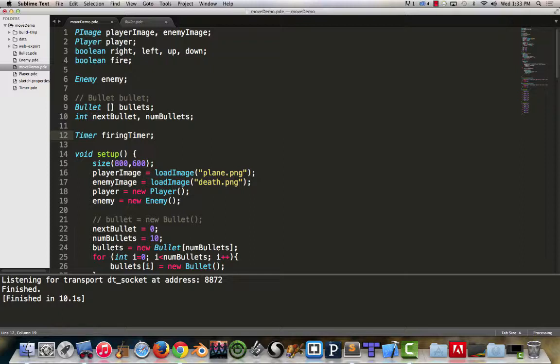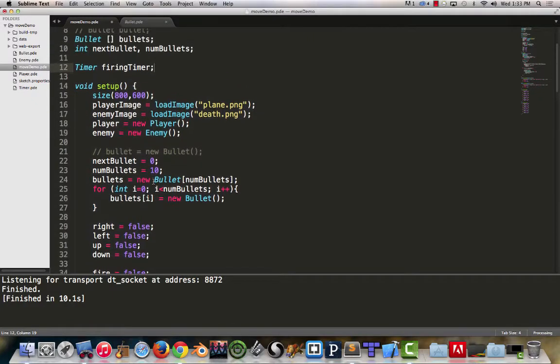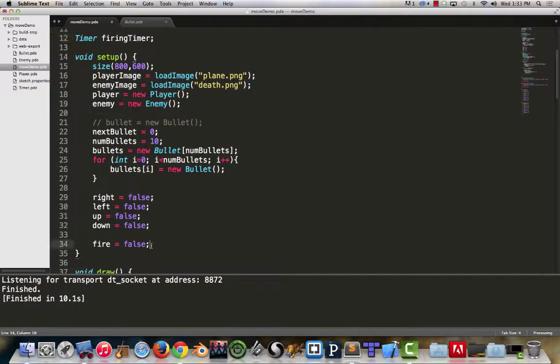I'm going to refer to it as my firing timer, because that allows me to have a name that makes sense, because we may have additional timers in your project down the road. You may have a countdown timer, so perhaps the game only runs for 5 seconds or 10 seconds or 30 seconds. So we have a countdown timer in addition to a firing timer. Now with my firing timer, I can add that into my setup. Firing timer is equal to a new timer,